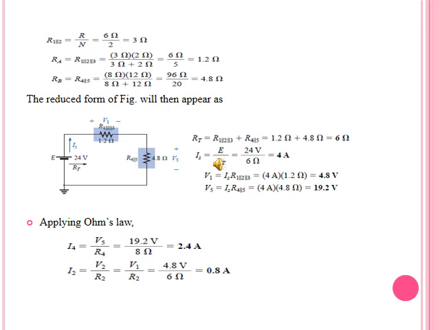Similarly, we can find the value of I4, as we know that the voltage across block B is labeled V5, and V5 is 19.2. In block B, we have reduced R4 and R5, which are already in parallel. So the voltage across R4 is equal to 19.2. Similarly, the voltage across R5 is also 19.2. Now to find the current I4, we will use 19.2 volts and the resistance of 8 ohms, and find our required target, I4. 2.4 ampere would be our required result.